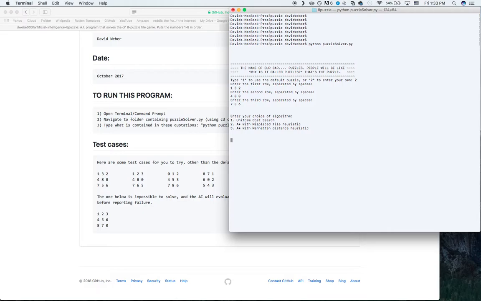It's pretty commonly known that A star is Dijkstra's if you don't give it any heuristic. But the point of A star is to optimize your search algorithm, and so I'm going to use 3. I'm going to use the Manhattan distance. I found that to be the best heuristic in this case, and so I'll just type 3 and press enter,